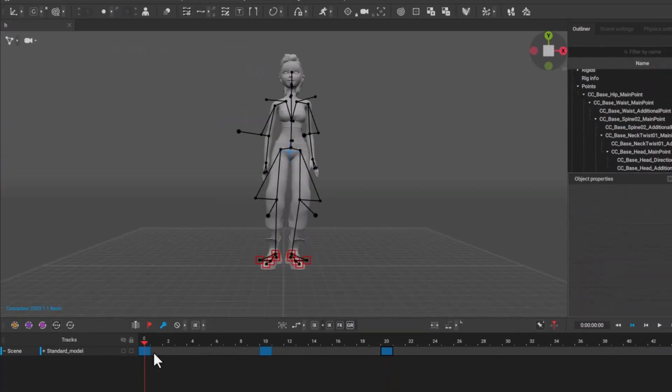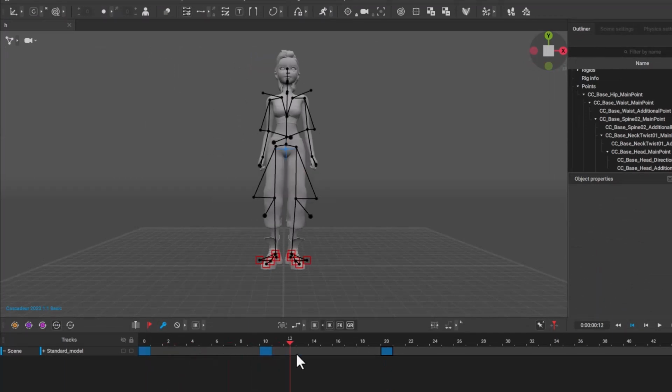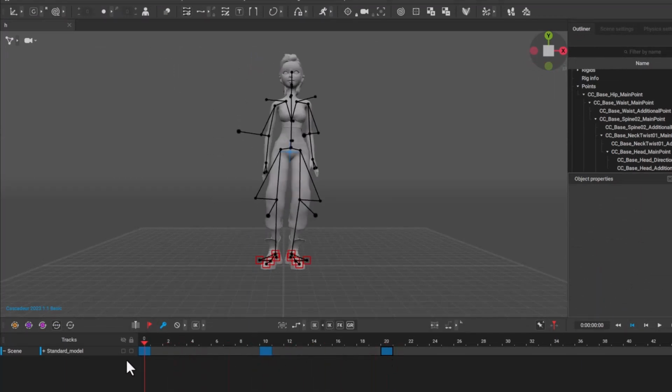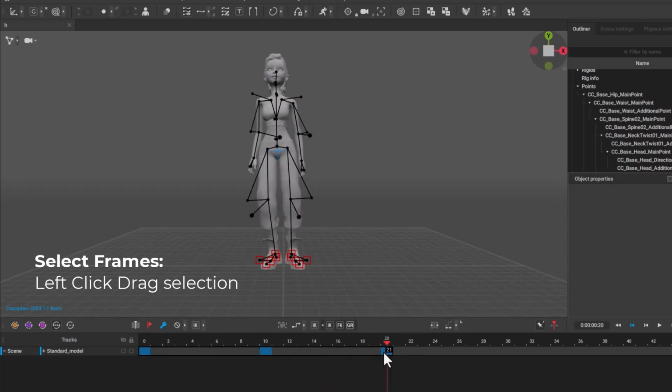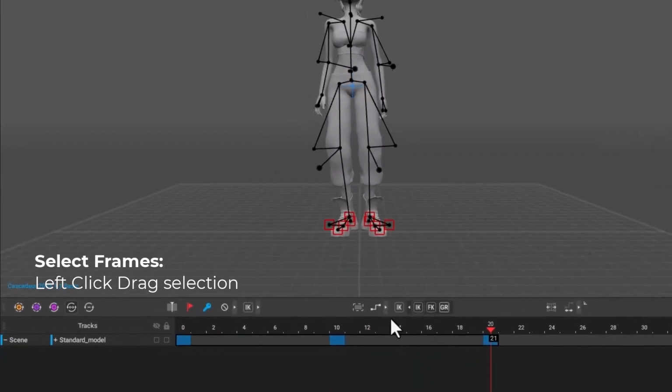So if we just review our 3 key poses, we can see she goes from right to middle to left. We are now going to add interpolation to this animation, which will automatically create animation between our keyframes that we have created. To do this, left click the first frame and drag to the last frame that you want to